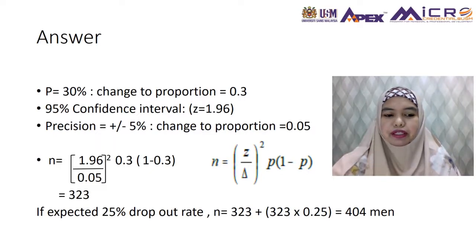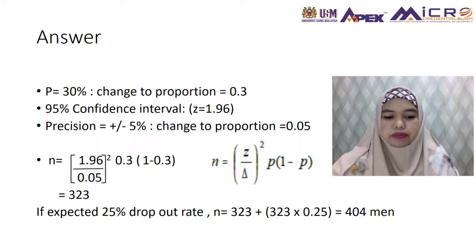The prevalence is 30%, so we have to change to the form of proportion equal to 0.3. And for 95% confidence interval, you get the Z equal to 1.96. And your precision is 5%, you have to change to the form of proportion equal to 0.05. And we calculate the N. So the total sample size you get is